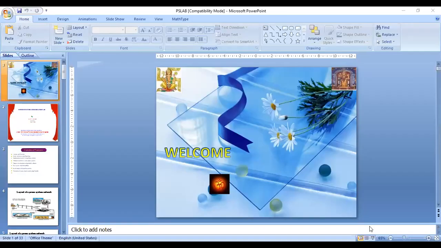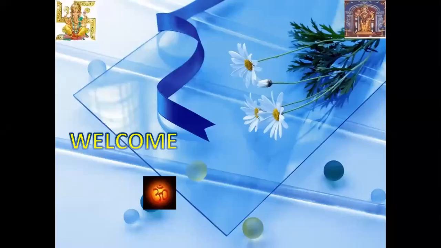Can you share a document? Is my screen visible?